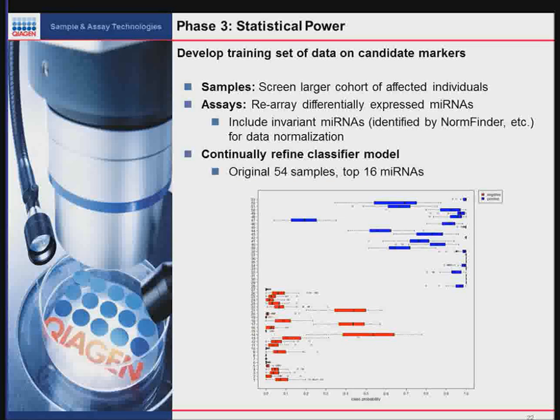So using this data, we attempted to develop a training set. Screening a larger cohort is something that we're doing now. But this is an original classifier model that we built and looked at our original 54 samples on. And this is built with the top 16 differentially expressed microRNAs. And so you can see here the